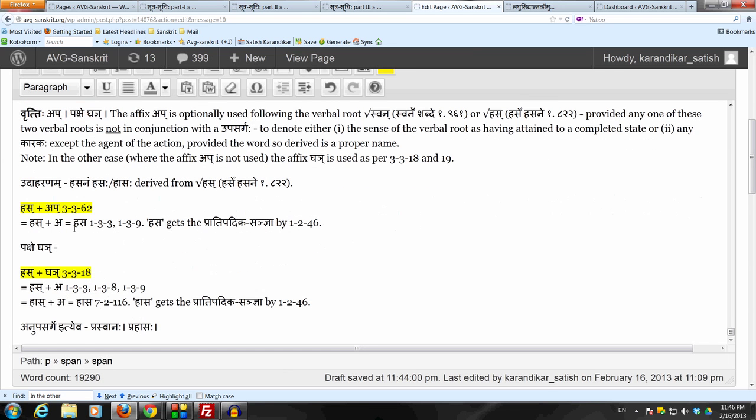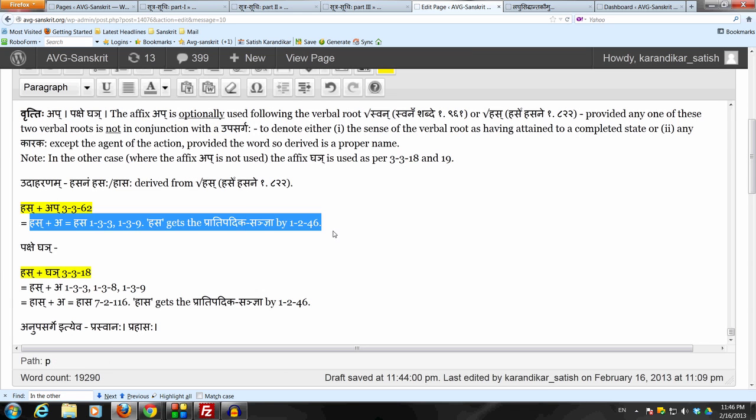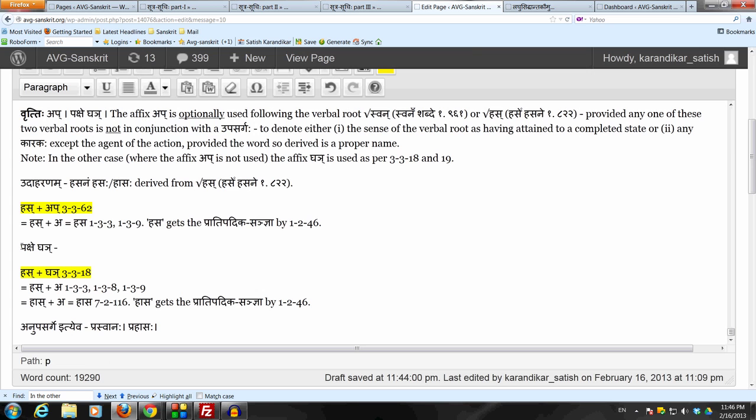Remove the letter pakarasit sanya halantyam tasya lopaha, and we get the pradipadikam hasa. Now in the optional case where up is not used, then we go back to 3.3.18 and use the affix ghai. Lonavanda lopaha by halantyam nyakarasit sanya lashakvatadite ghakarasit sanya tasya lopaha, and here we apply ata